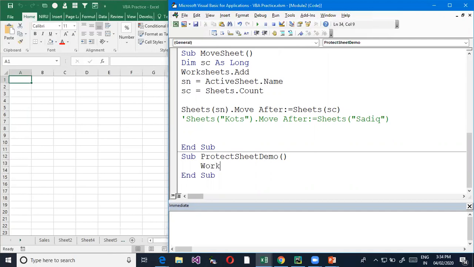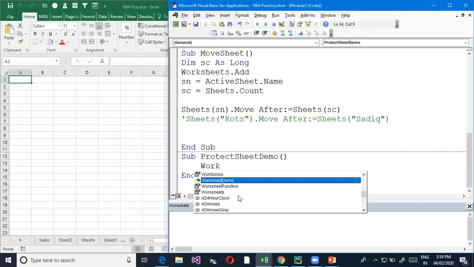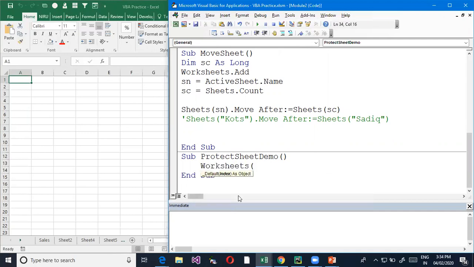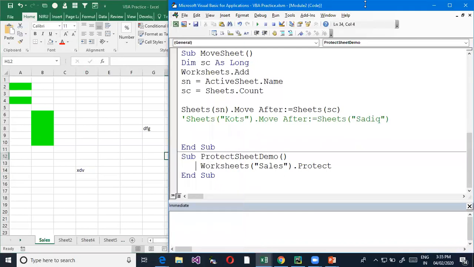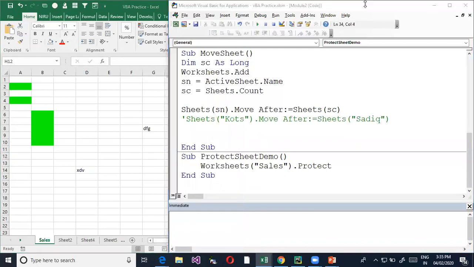I say Worksheets, the name of the sheet, my sales, dot Protect. Fine, that's it. As of now, I can go here, I can type, I can edit, I can play around. Now, after I run this protection,